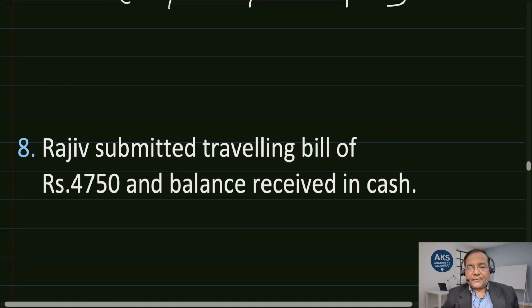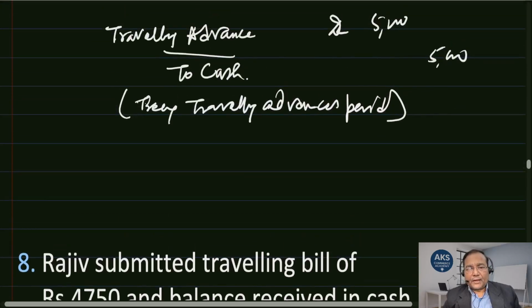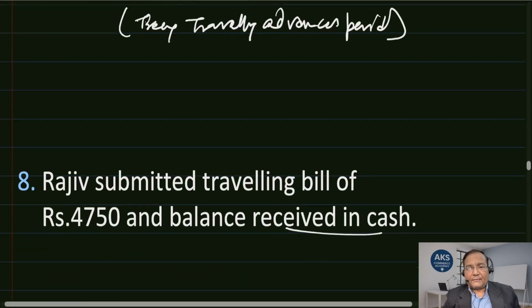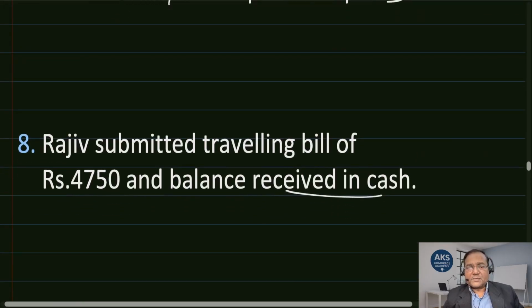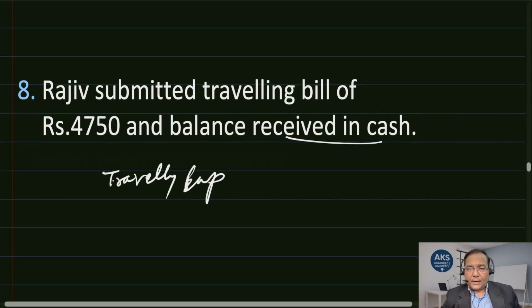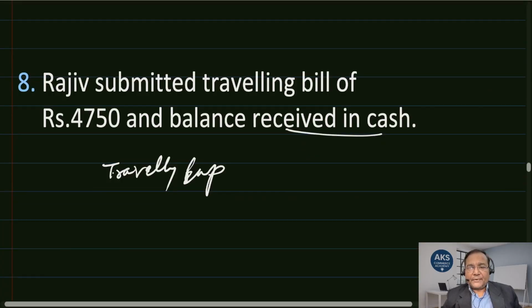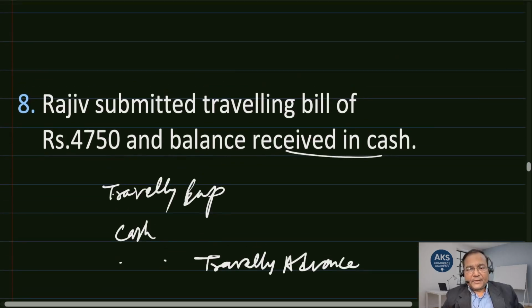Raju submitted traveling bill of rupees 4,750 and balance received in cash. Now, out of the money that we gave to Raju, 5,000 rupees in the form of traveling advance, he has given us the expense sheet, which is the bill. So traveling expense is an account that comes up, and the second one is received in cash. So there is cash as well, and the third one is the traveling advance. So you have to understand this here. Now traveling expense, being an expense, is debited because this is an invoice given by Raju. So we will debit it